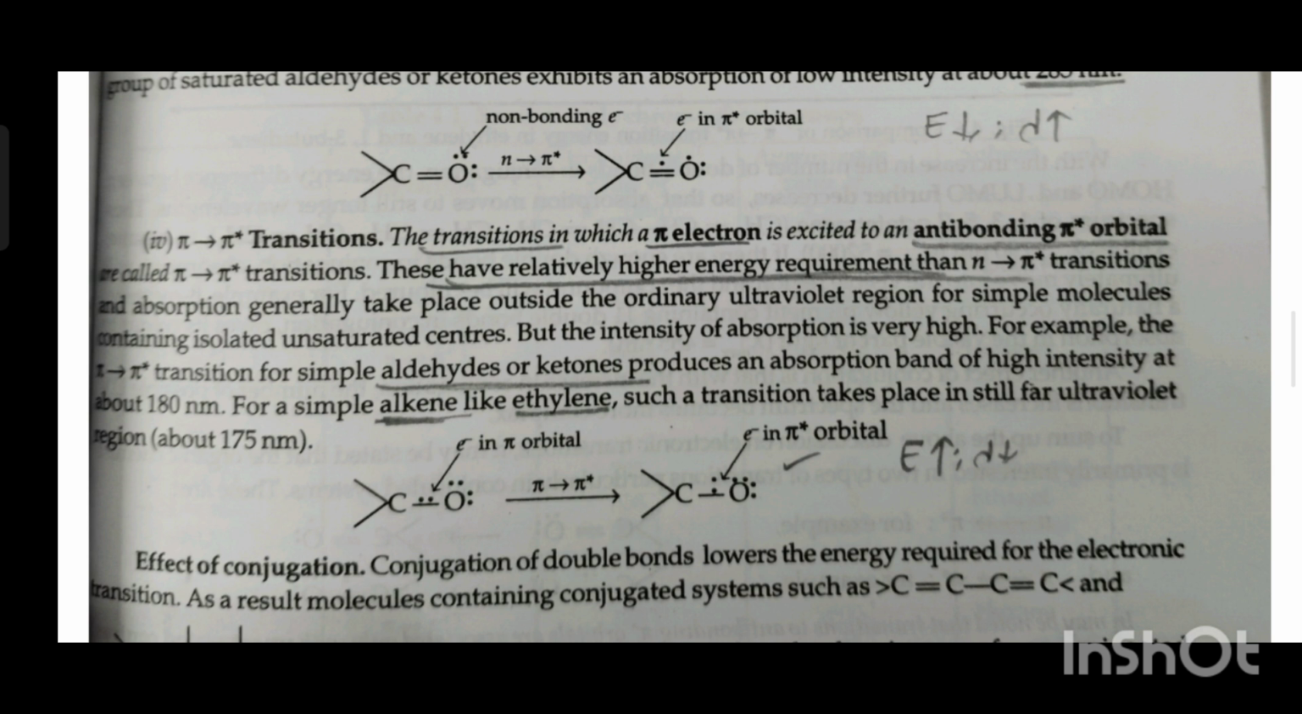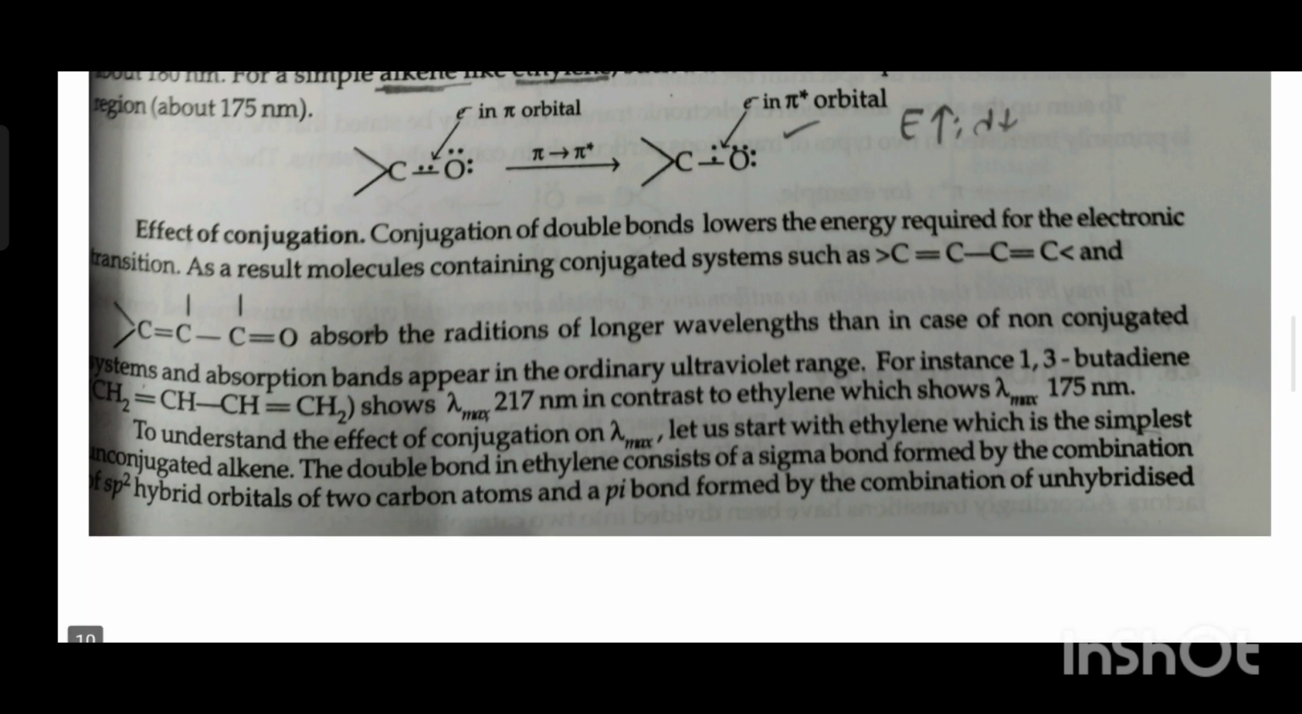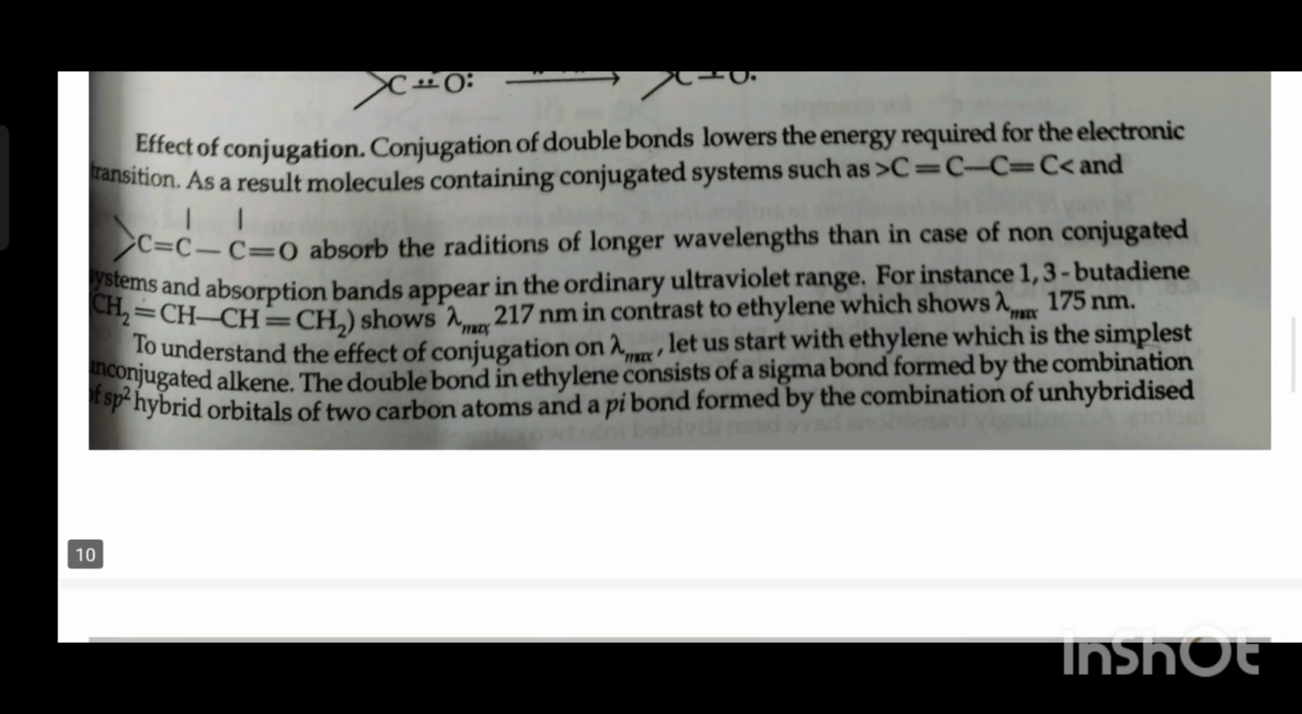For simple alkenes like ethylene, it is similar. Effect of conjugation: conjugation of a double bond lowers the energy required for the electronic transition. As a result, molecules containing conjugated systems such as C double bond C single bond C double bond C and C double bond C single bond C double bond O absorb radiation of longer wavelength than in the case of a non-conjugated system, and the absorption band appears in the ordinary ultraviolet range. For instance, 1,3-butadiene shows lambda max 217 nanometer